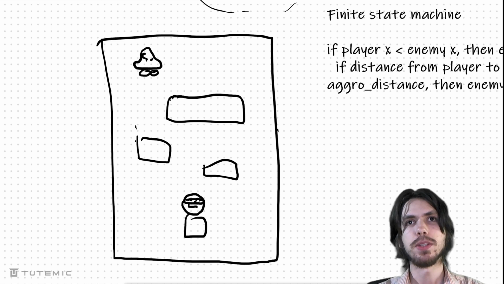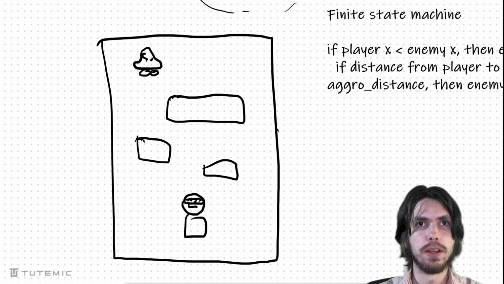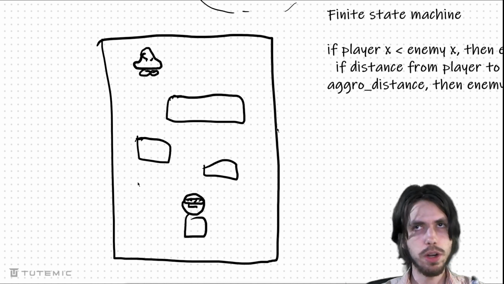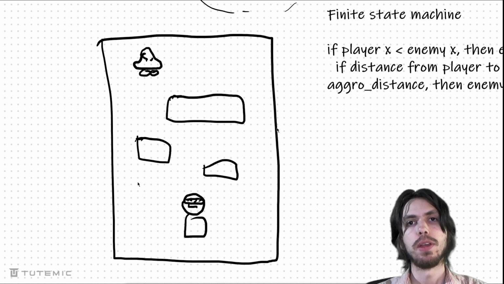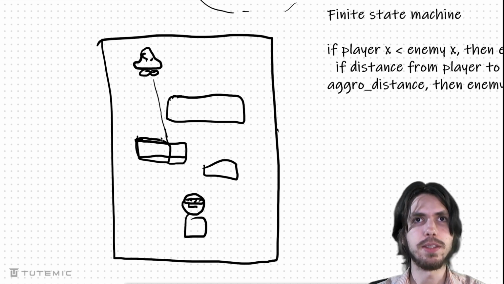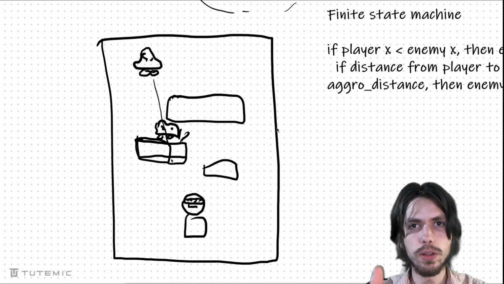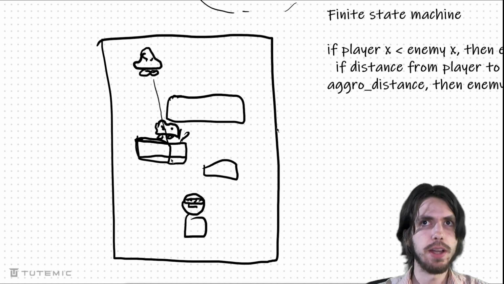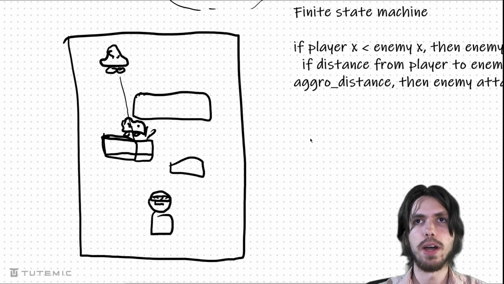All right, so here's the thing about this kind of game. Sure, we want the enemy to chase the player, but here's the problem. The enemy, in order to go toward the player, has to go through, let me embiggen this obstacle a little bit, has to go through obstacles, right? Have you ever played a game where the enemy is just sitting here, trying to walk through a wall? Yep, that's the mushroom character flattening into the wall. It's just cramming itself, boom, walking into the wall constantly. Yeah, the pathfinding algorithm was a little bit off, right? And so that's what I'm going to be talking about next.